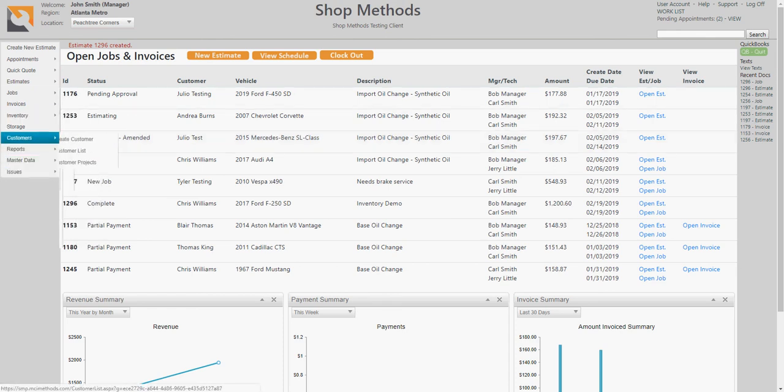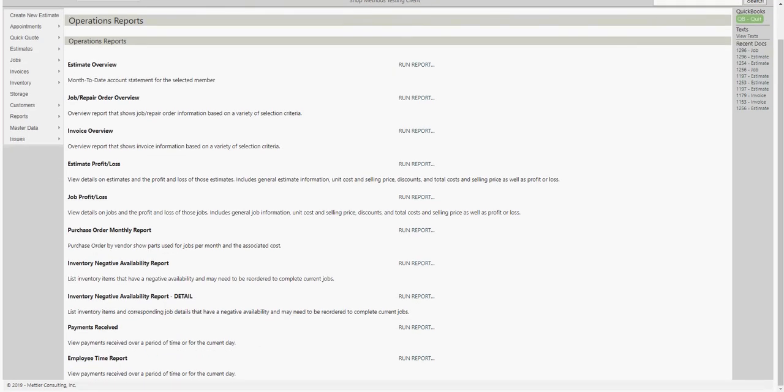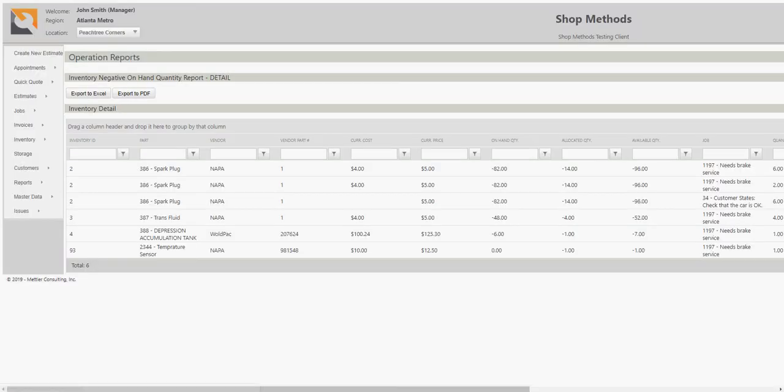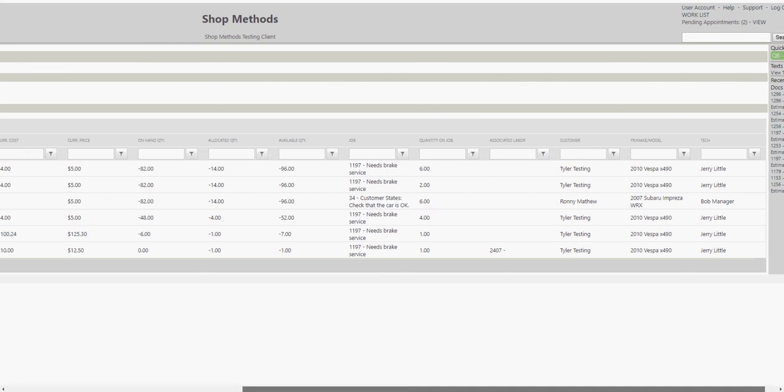And so we can also go look at our reports, and those are not going to show up there because we have this negative availability report and negative availability report detail. So if we run this, this is going to show us items that are negative. And we can scroll over here and it gives us lots of information. And you can